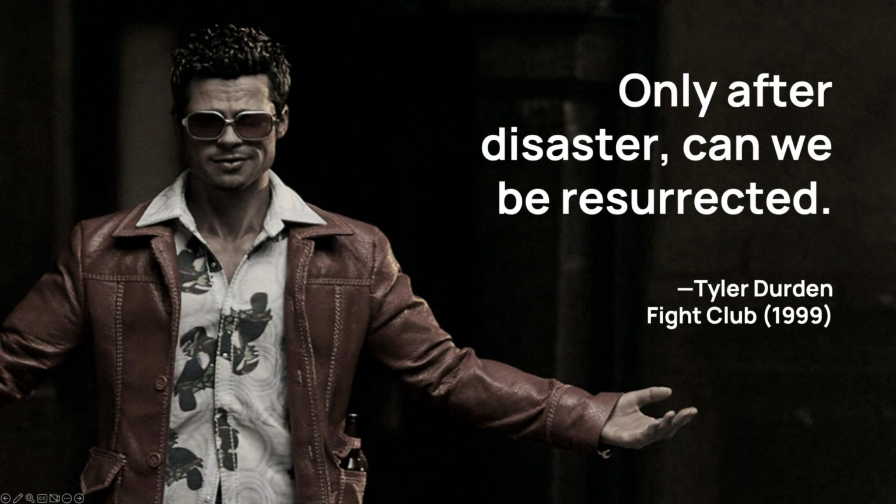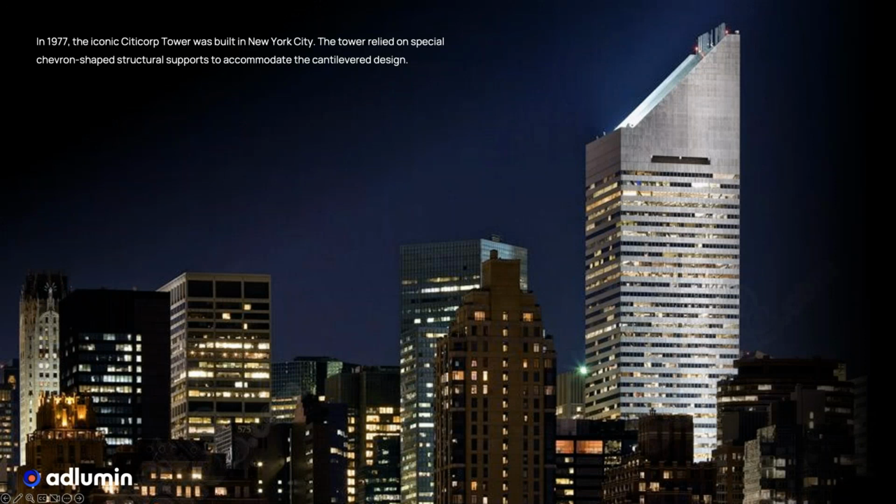All right, so let's get on with this. I'll start with the story I promised you, and this one is from Citicorp Tower, which back in the late 1970s was being built in New York City, and most of us recognize this structure. It's fairly iconic with its triangular pyramid type of roof. And interestingly, not only is the crown of the tower interesting, but it's actually